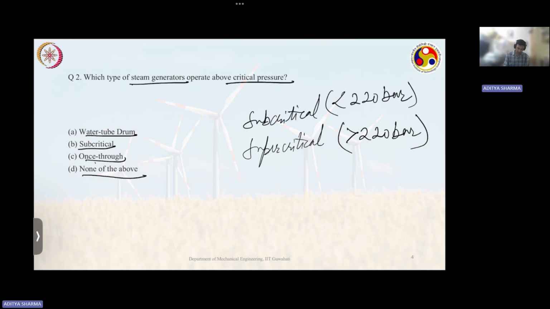Now your subcritical is also your water tube type boiler. And your supercritical